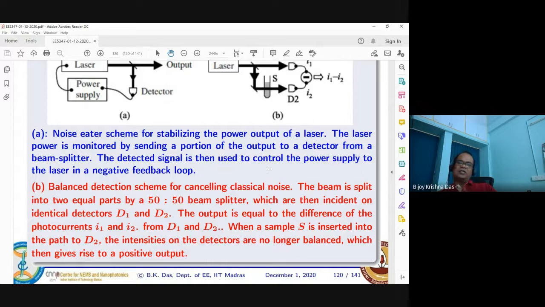Now in the next class I will be discussing how to get a sub-Poissonian source. One condition is that you have to have a sub-Poissonian source, and another condition is that you should have very high efficiency. These two conditions are required for working with quantum photonic devices and circuits. Nowadays high efficiency photodetectors are available, and there are also certain sub-Poissonian sources available in bulk systems.